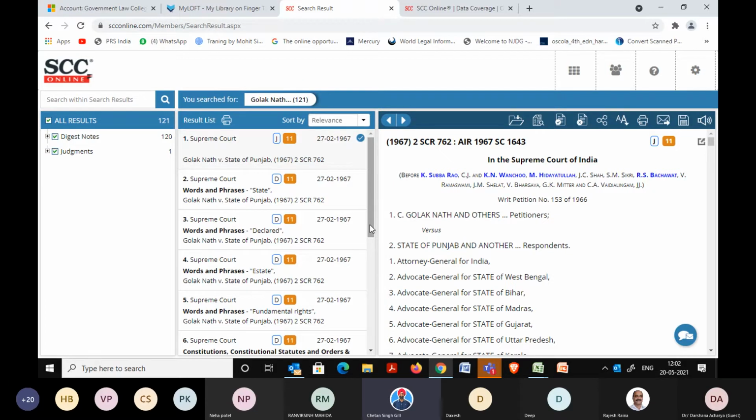So if you see, it says digest of 120. Now come to the second column. It says J11. J means it's a full judgment, and 11 signifies how many judges were part of the quorum. So, judgment of 11 judges. In the second column, it's changed from J to D. That means this is not a full judgment, this is a digest note,